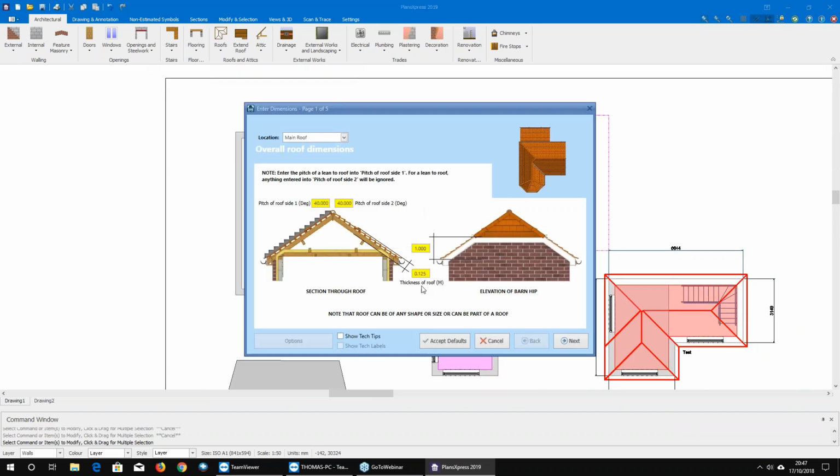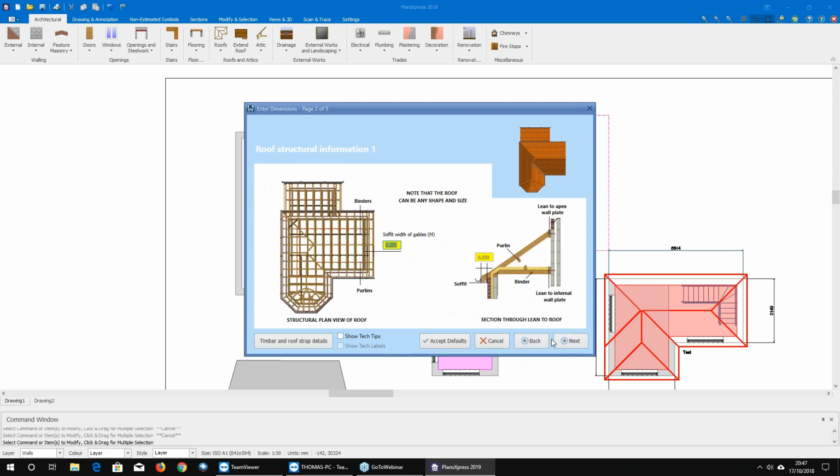Roof again, so 40 degrees. If I set the thickness there to 0.02, 0.06,